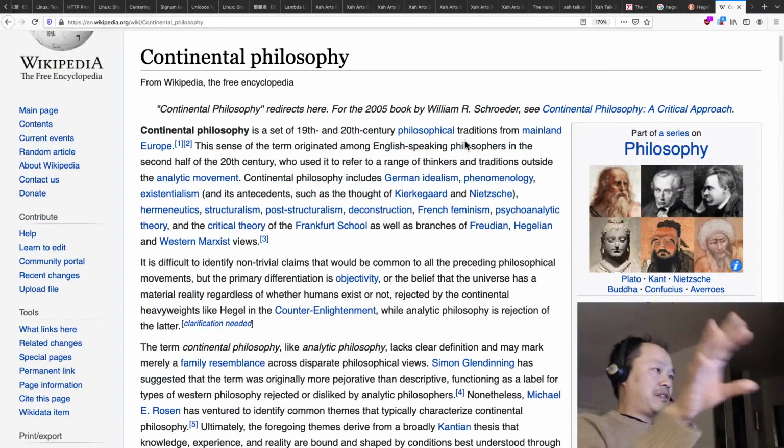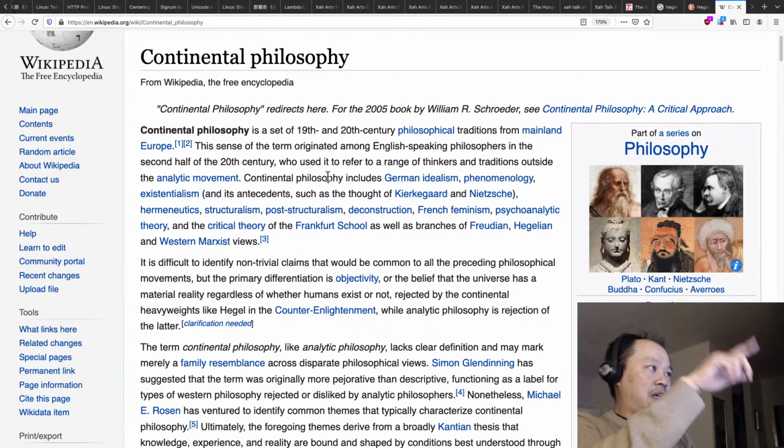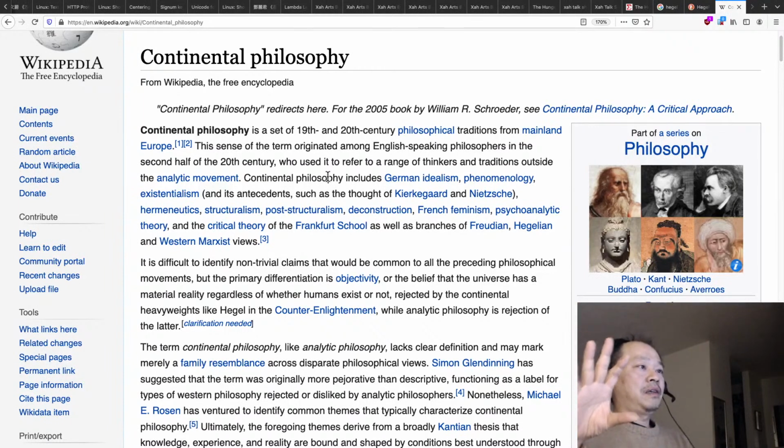So in Western philosophy, then you have Continental Philosophy. I read Wikipedia. I'm not an expert about this, but I have had an interest in philosophy since 1991. So anyway, in Western philosophy, then you reach this point: Continental Philosophy. This is when Western philosophy started to not really follow the traditional Western way of rationalism and logic, where you reason and you prove something. They stop doing that.